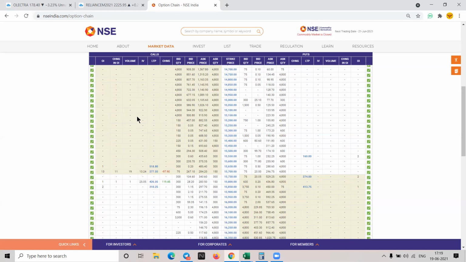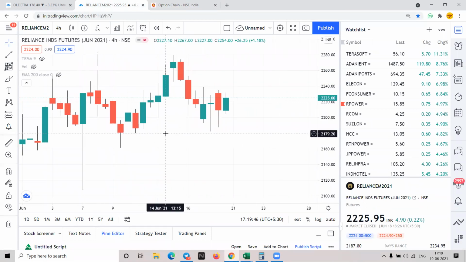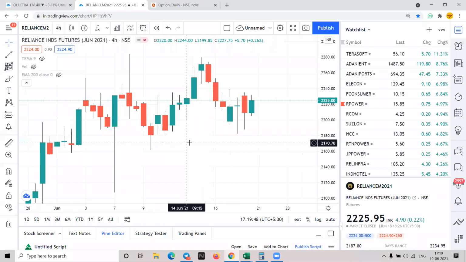And then these call contracts are there, put contracts are there. This is futures chart, right? Same candlesticks, same everything is there. Just the thing is, instead of buying stock, you buy a contract here. And of course, because you are entering a contract by paying some small amount, your risk is like, if you paid 200 rupees for the contract, complete 200 is your risk.